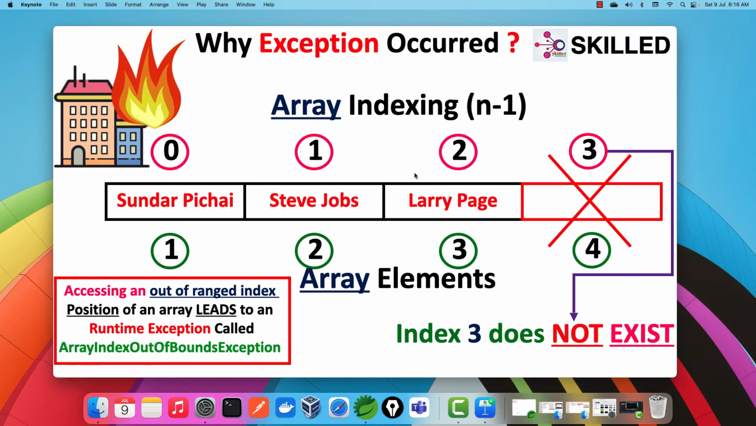Accessing an out of range index position of an array at runtime leads to a runtime exception called array index out of bounds exception, right? So we are getting a deeper understanding of why that error occurred. We were trying to access an array indexing position which doesn't exist, and this is known only at the